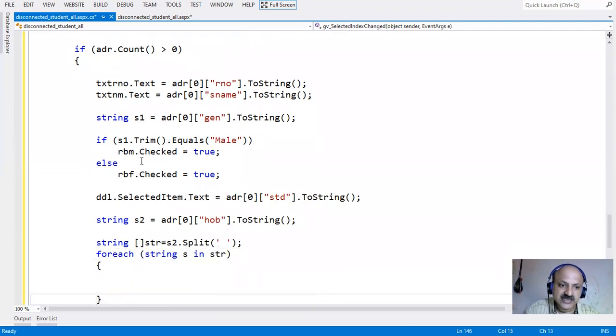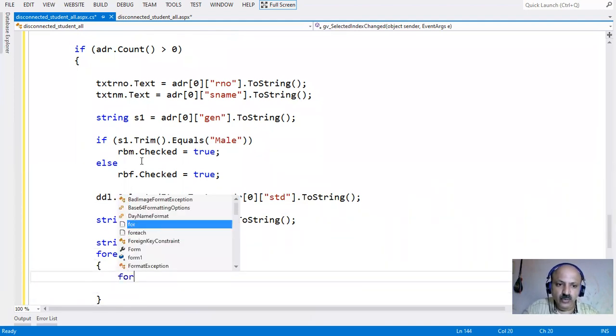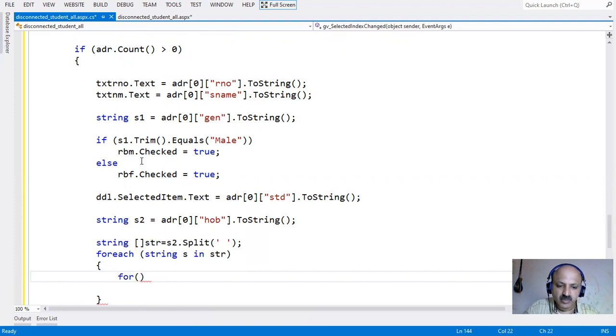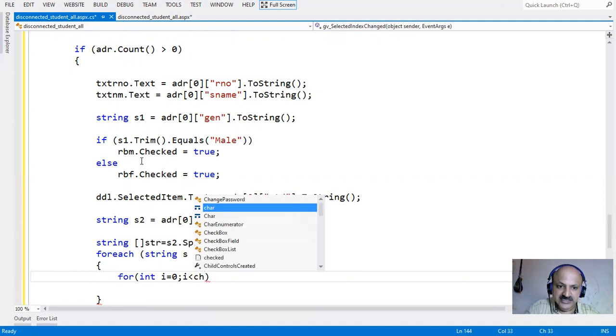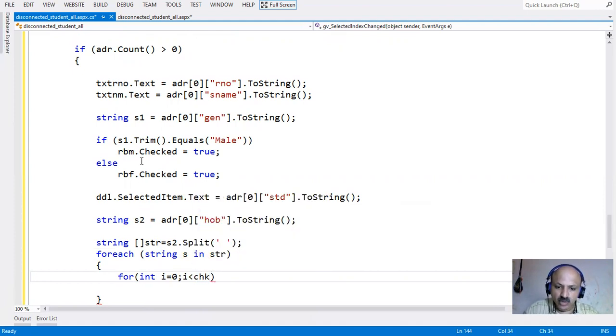Now we select that hobby. Here we also take a for loop, because it is a checkbox list: i equal to 0, and i less than chk dot items dot count.